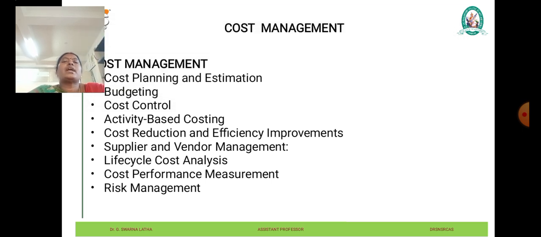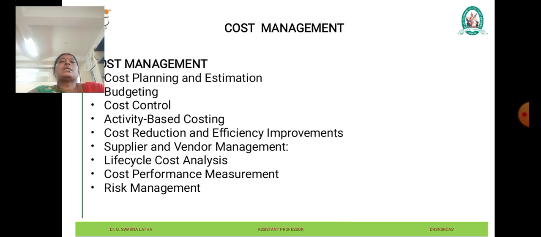Cost reduction and efficiency improvements. Cost management includes implementing strategies to reduce cost and improve efficiency without compromising quality or performance. This may involve process improvements, automation, outsourcing non-core activities, standardizing processes, and implementing lean principles to eliminate waste and streamline